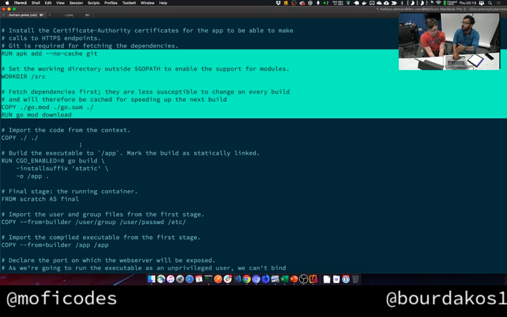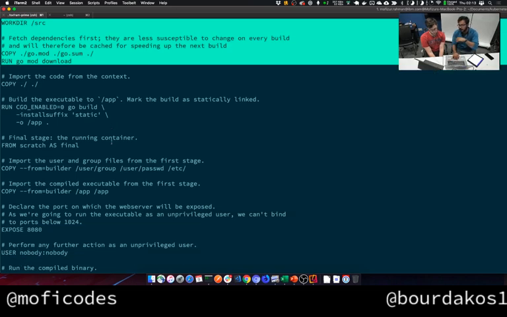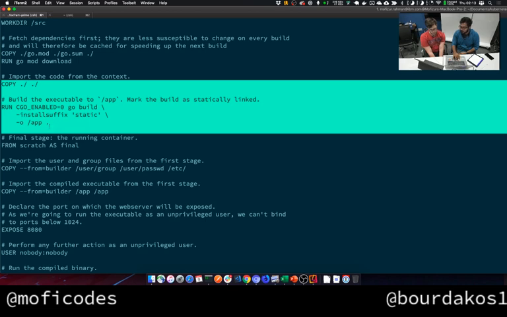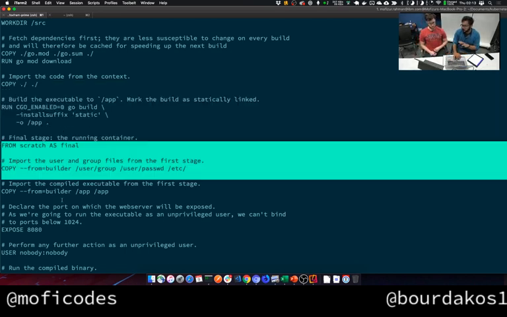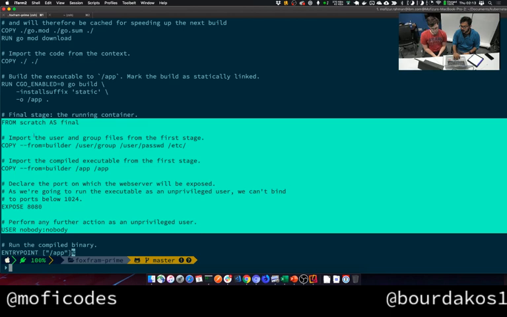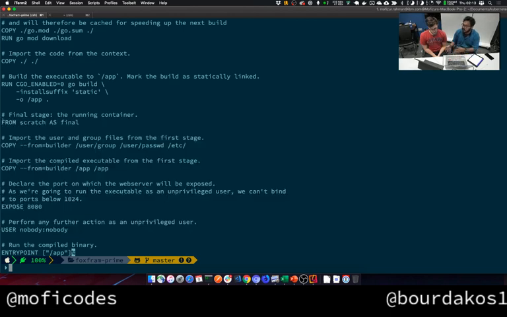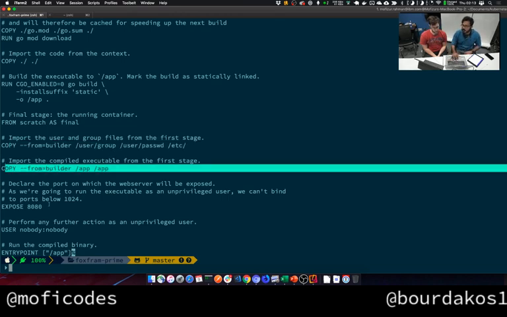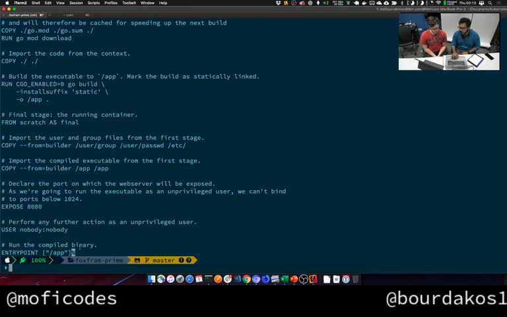So I'm using Go to write my application. I'm just copying the right files. This is where my application basically is built under the /app. It's just built. But that's where I think the most important part begins. So we're saying FROM scratch as final, I'm then copying my user and my application into this new image, and then building that image, exposing the port and setting the entry point, telling Kubernetes to run from this